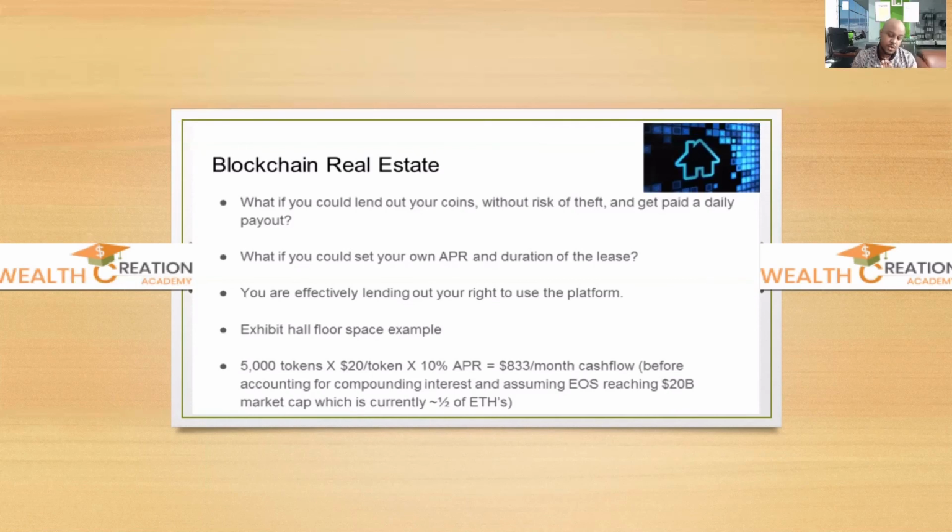Now say, for example, the EOS token goes to 20. Hypothetically, it could be the same with our UNTB token. If you set your APR at 10%, this could generate pretty much $833 per month in cash flow. You don't have employees, you don't have any other equipment. It is purely cash flow and passive income, because you don't do anything else. You delegate. That's the power of this delegation, DPoS.